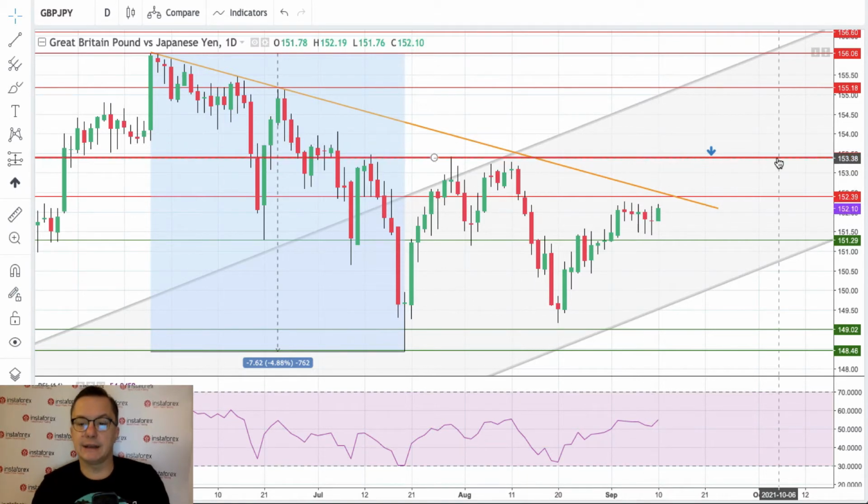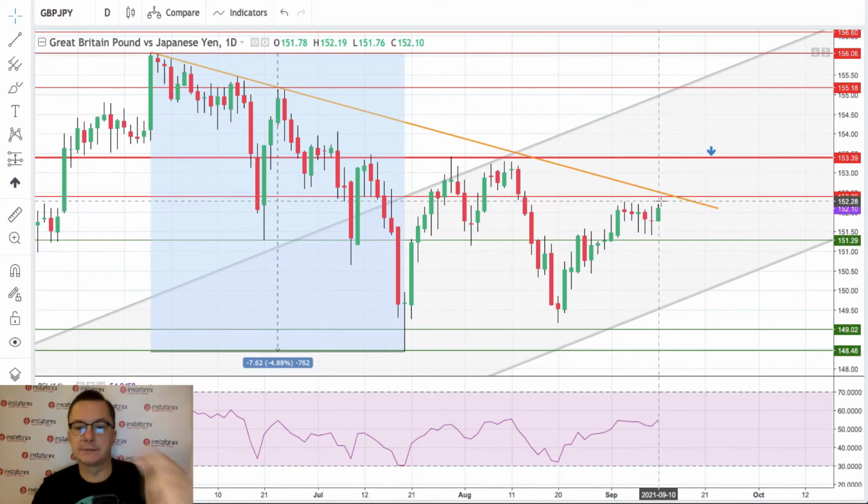It's still under the key technical resistance, 153.39. It's still under the local resistance, 152.39, and it's still below this short-term trend line resistance as well. The momentum is positive, kind of strong, 55 points, so maybe there will be a breakout above